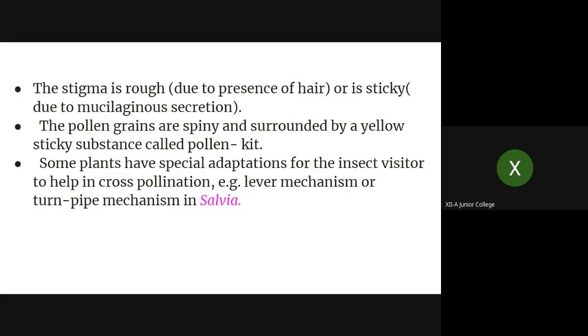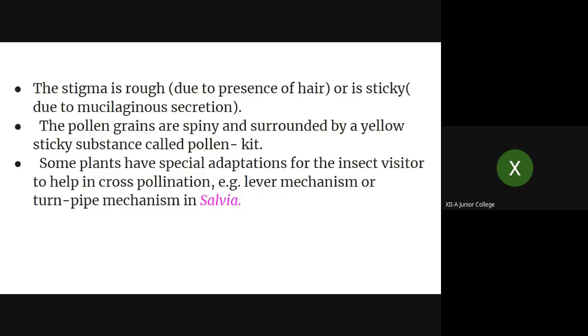The pollen grains are spiny and surrounded by a yellow sticky substance called pollen kit. If you have observed a hibiscus flower, you must have observed the central part, a tube-like structure on which you can see the yellow colored anthers. These are the anthers, and the yellow colored structure is the pollen kit that you can see. And when you observe under a microscope, you can see the spiny nature of the pollen grains. You know why? Because this helps them get stuck to the body of the insect. This nature of the pollen grains helps them stick to the body of the insect easily,